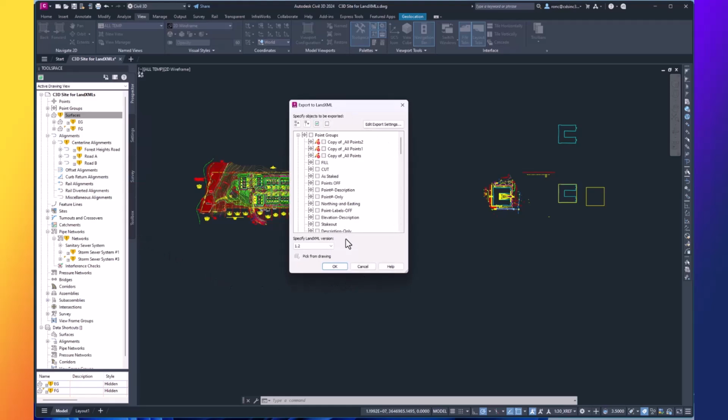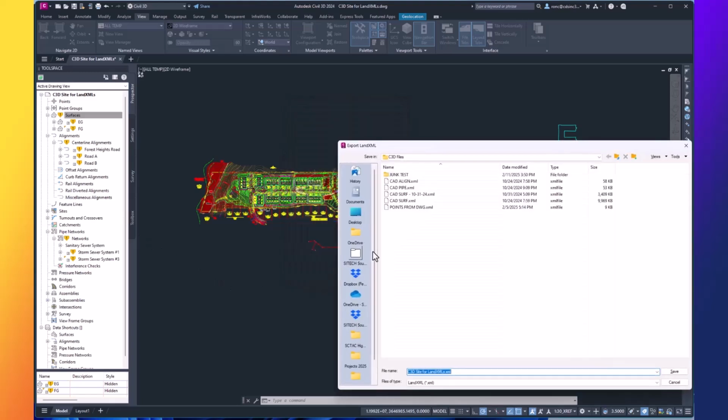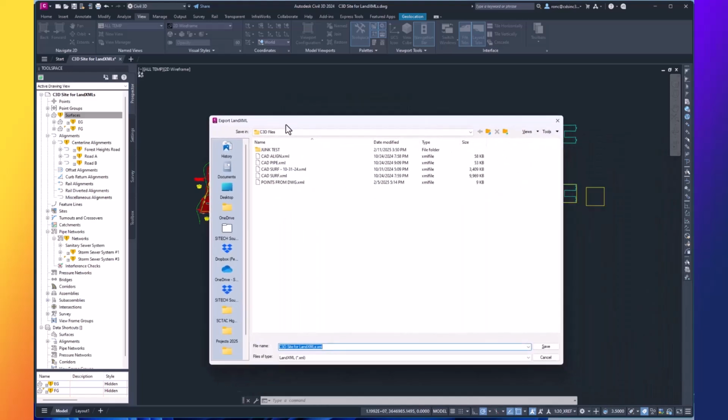If I click on this, this is just a standard dialog. If I click OK, the key thing is, and this is true in all cases, where are you going to put it? You need to put it where you can find it. I've already downloaded them in the past, but let's just do it ourselves this time. Let's create a new folder, and we'll just give it a name, Export XMLs,